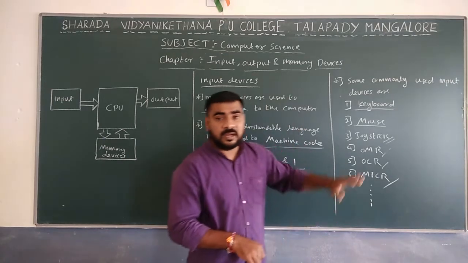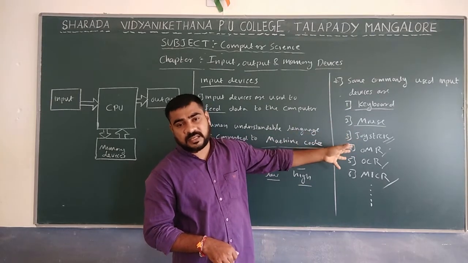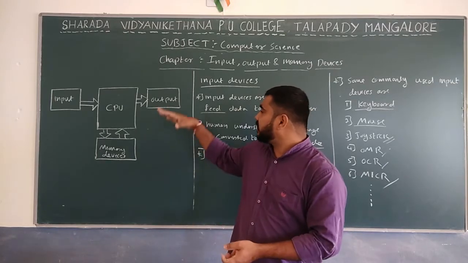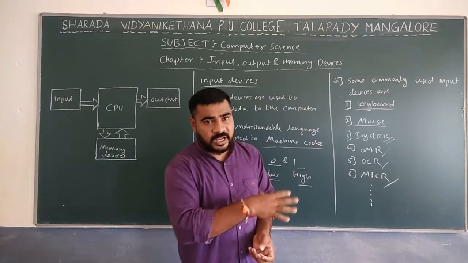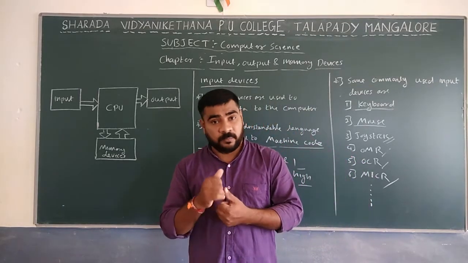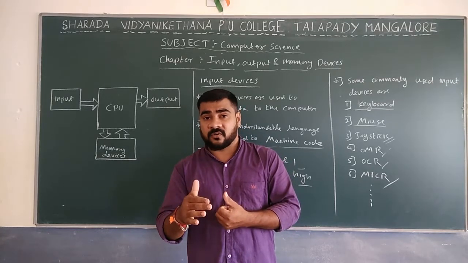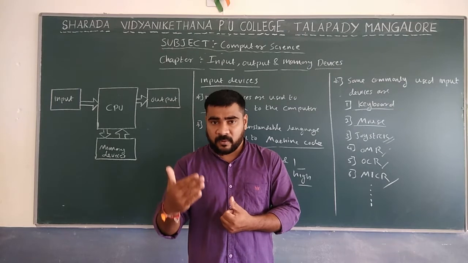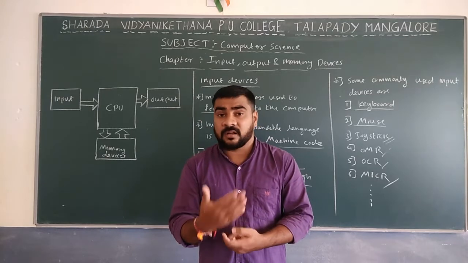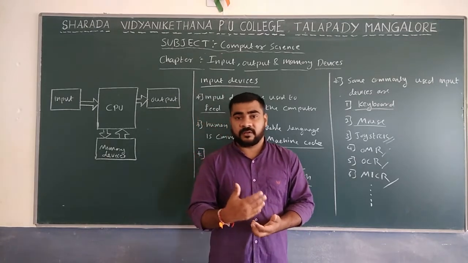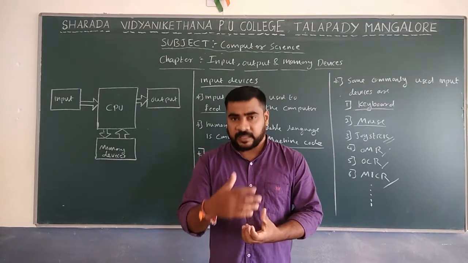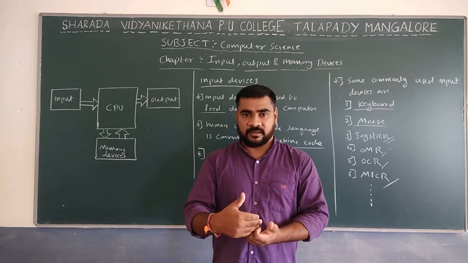But we are going to discuss only 4 to 5, or mainly 6, input devices in this chapter. Here, what is an input device and what are the different types? An input device is used to feed the data to the computer. But the computer will understand only machine code. Machine code means low voltage, high voltage. So one more work of the input device is converting human understandable language into machine codes. Commonly used input devices are mouse, keyboard, joystick, OMR, OCR and MICR. Not only this, there are many input devices available.